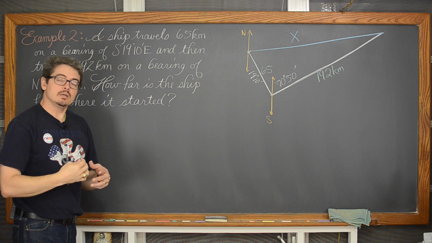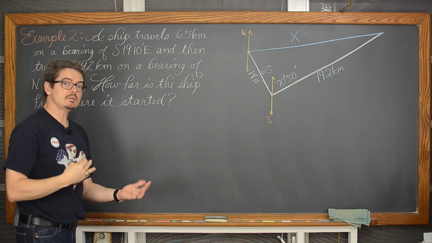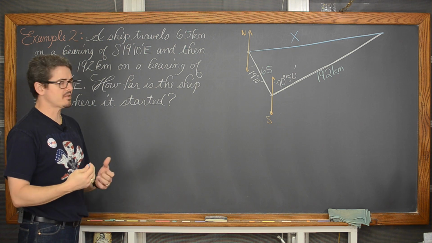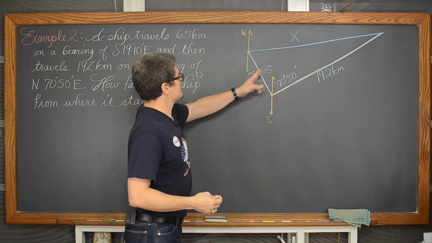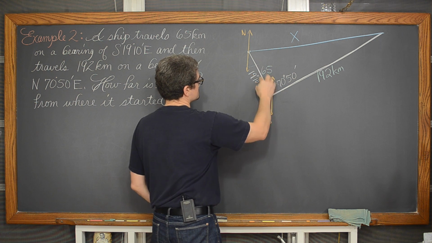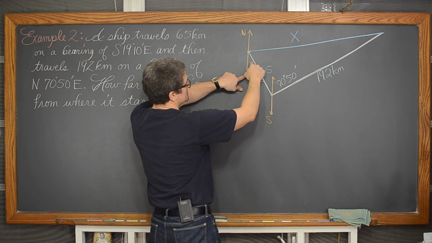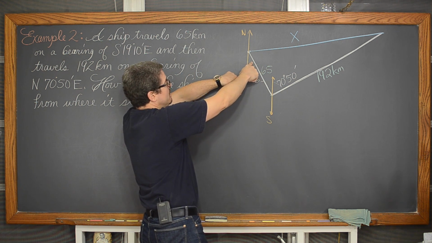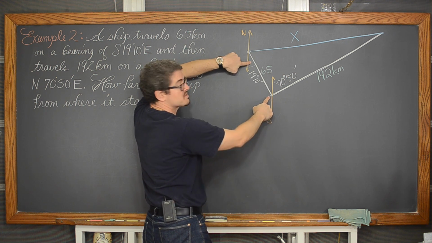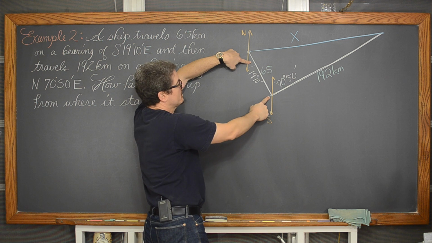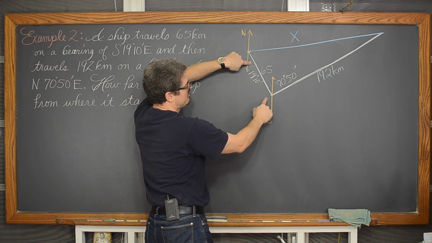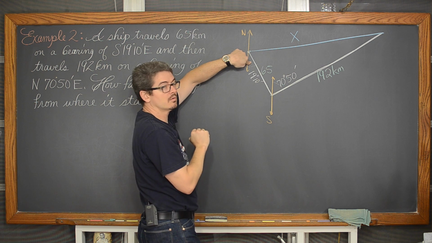Am I going to need law of cosines, law of sines? Can I just use some basic right triangle trigonometry or the Pythagorean theorem? Well, these north-south lines are parallel lines, and we've got some angles. We've got an angle here, this 19 degrees and 10 minutes is this little angle right here. Parallel lines cut by a transversal, the same side interior angles are going to be supplementary. So this angle here where my finger is and this angle out here would be supplementary, so they'd add up to 180 degrees.